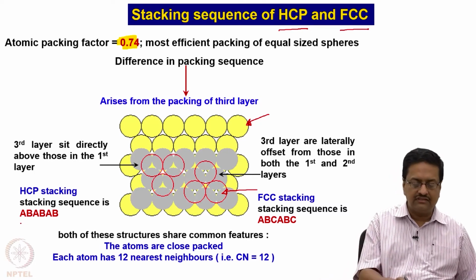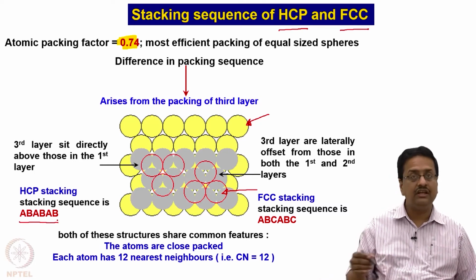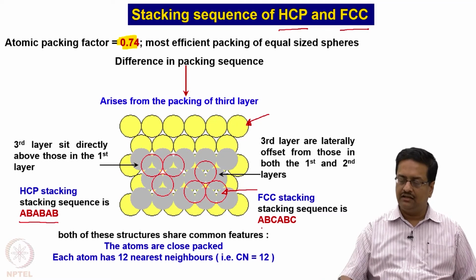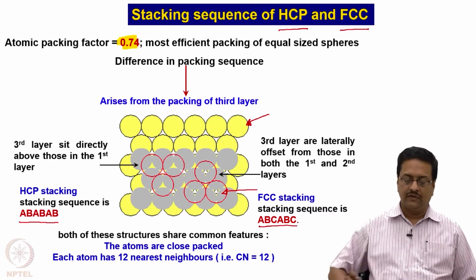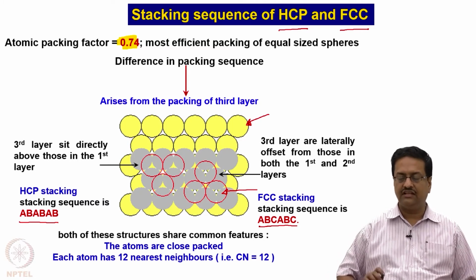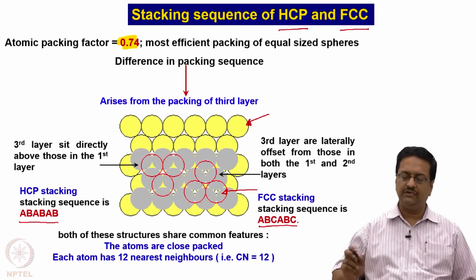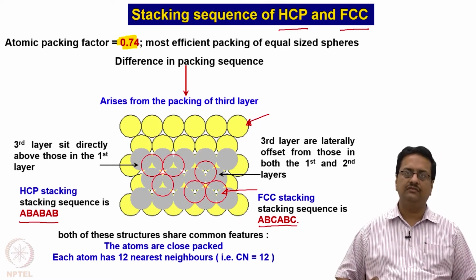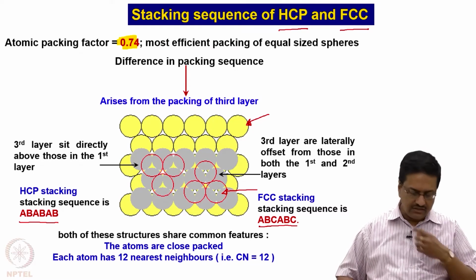So in the case of hexagonal close packing, it is AB, AB, AB type of packing, and in the case of FCC, it is ABC, ABC, ABC type of packing. So both of these structures share common features. The atoms are closely packed. Each atom has 12 nearest neighbors, so that is the coordination number 12. To see this packing,